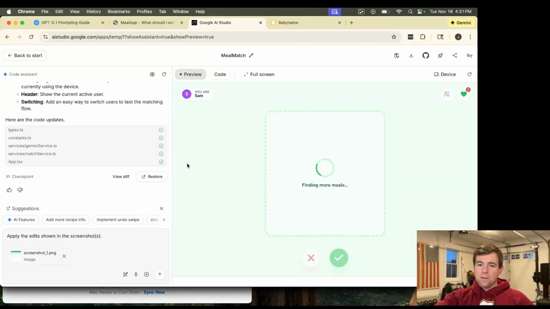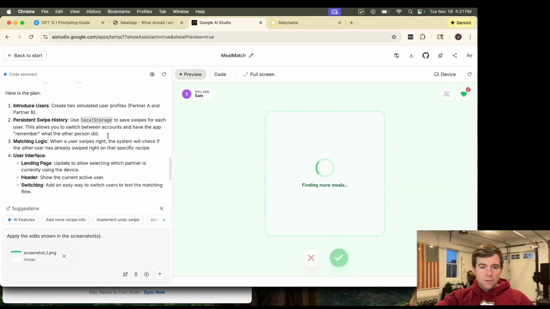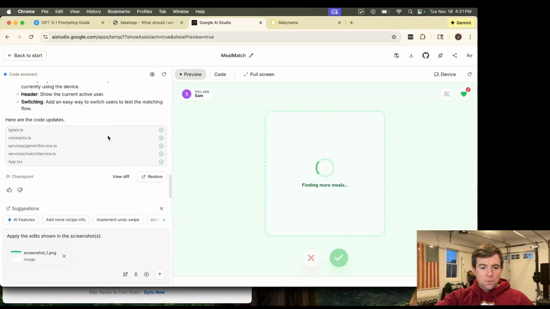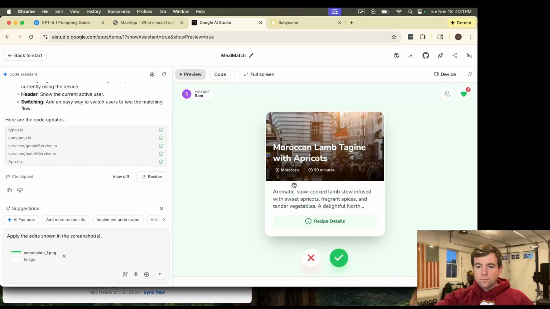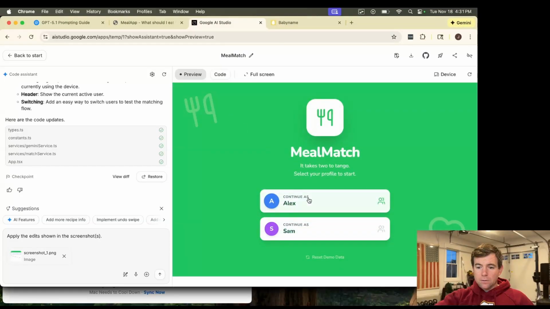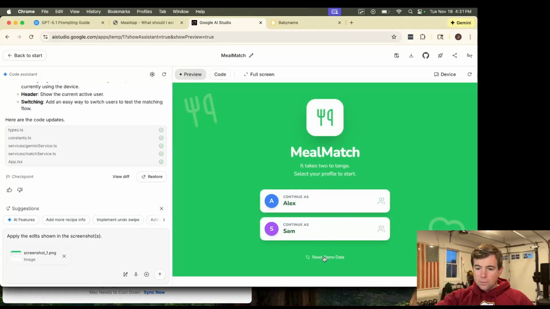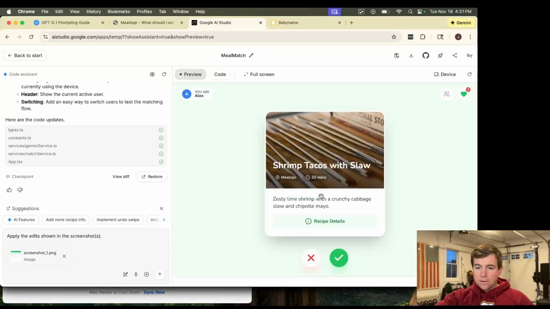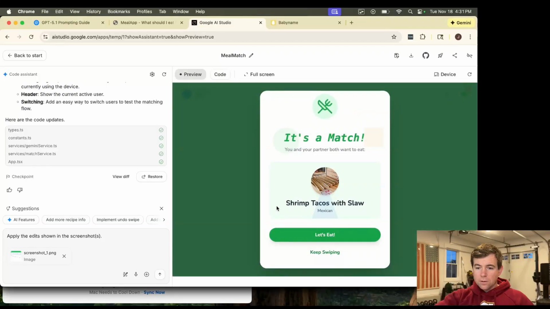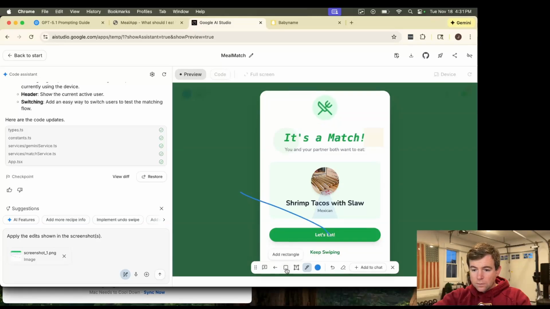Oh, it didn't use the recipes I provided either. It came up with its own list, I'm realizing. Okay, let's go back. Actually, let's reset the demo data. Going as Alex, I'm gonna like the shrimp. Okay, so let's annotate this puppy. I don't like